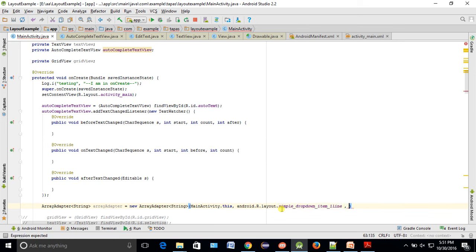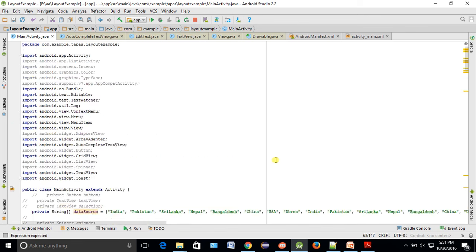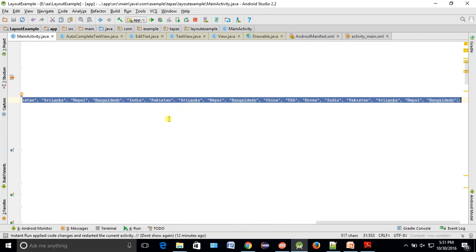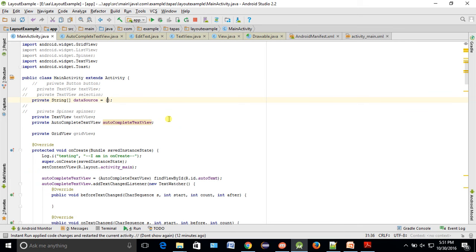What is the third parameter? Data source. Okay, data source. Now what will we do? We'll try to change our data source and try to have some sort of similar data. Otherwise, we will not be able to find it. Okay, so something like